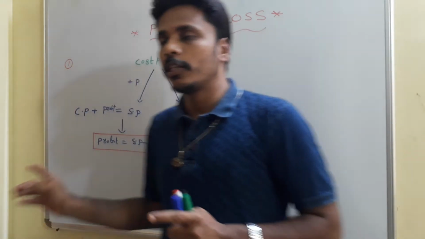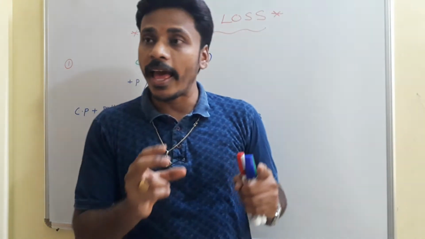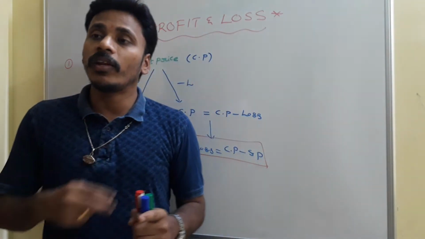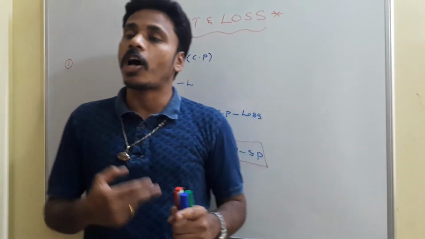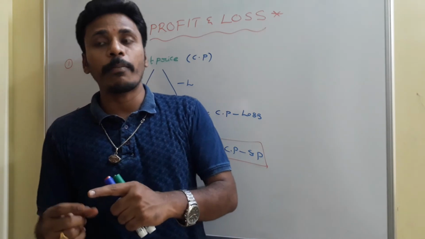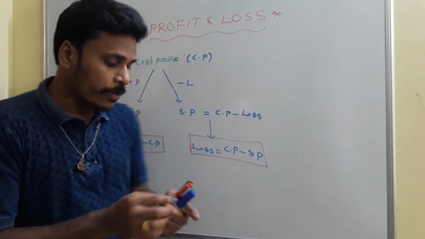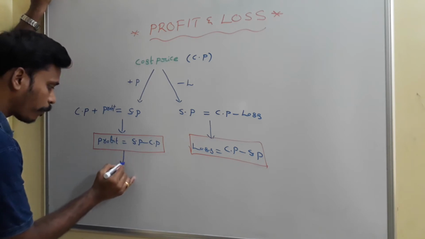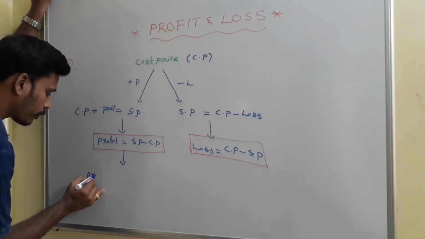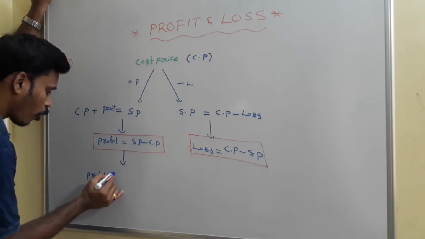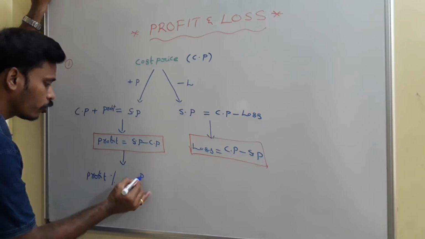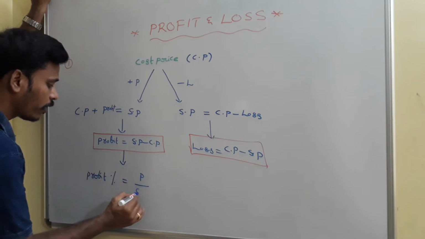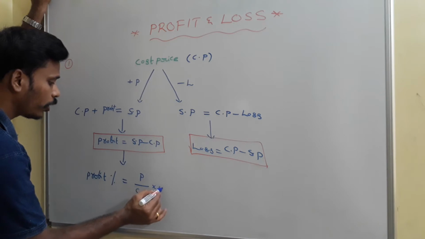See, then what I am going to conclude is, in usual transactions, we will get profit or loss by these formulas, and after having the amounts of profit and loss, we will calculate the profit percentage or loss percentage just by comparing these amounts with the cost price, and that's why from there we have that profit percentage. Profit percentage is equal to profit divided by the cost price into 100.